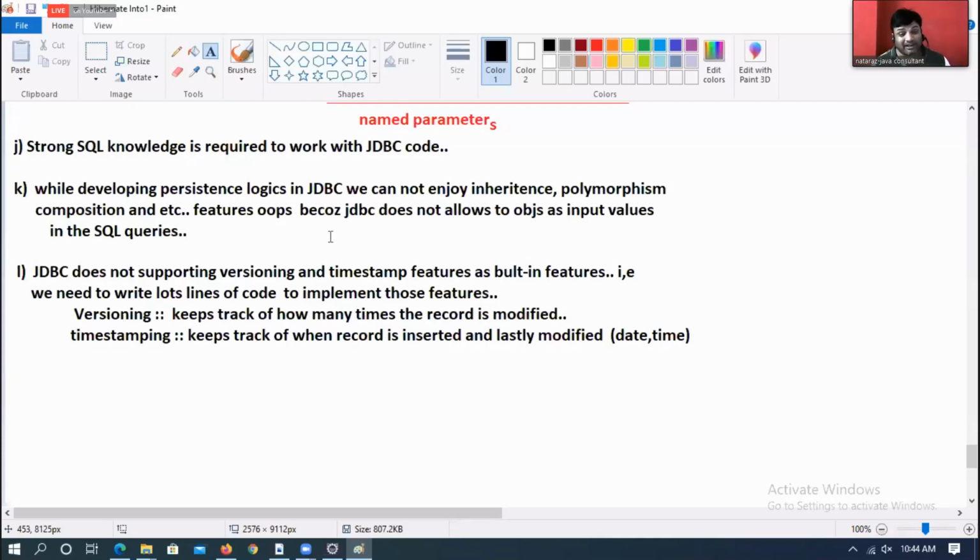In Hibernate, by using small configuration, the time of record insertion and time of last modification will be tracked by Hibernate automatically. Only thing is 1-2 configurations you have to do, 1-2 annotations you have to add. But in JDBC, we should write a lot of code manually to achieve this. Are you getting my point there or not? Convinced or not?